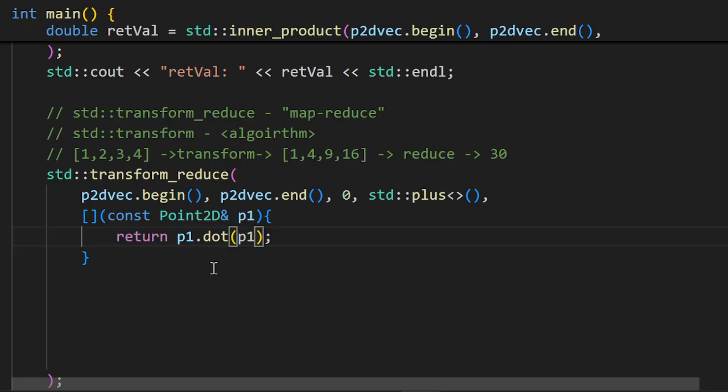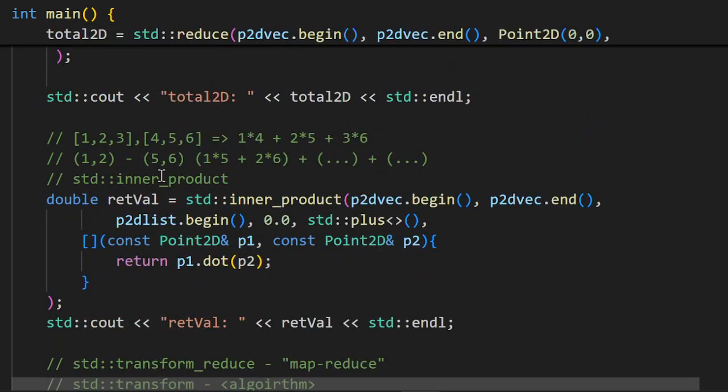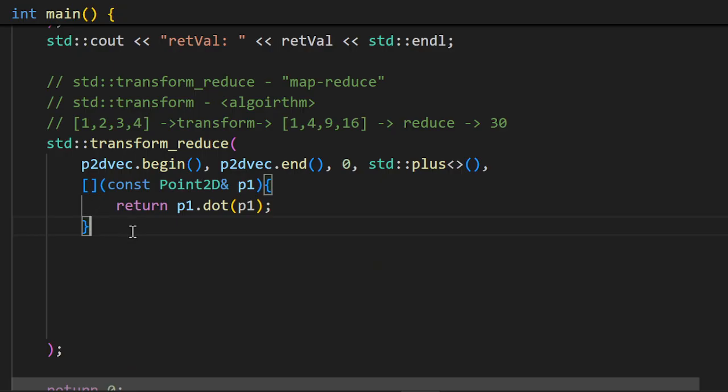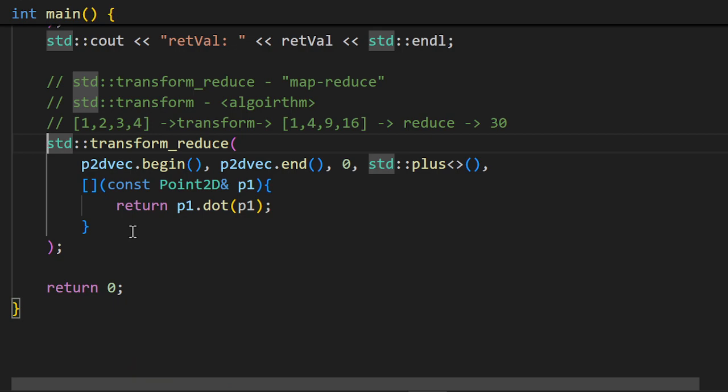So basically what you will be doing through this lambda expression is you have this 1 2 and 1 2, 1 times 1 plus 2 times 2, 4. That is the operation you are doing for this 2 times 2D data. But in the case of 1D data, it would be something like this. You could receive integer type, and then you return the square of that integer type, x times x, and the value you return is going to be